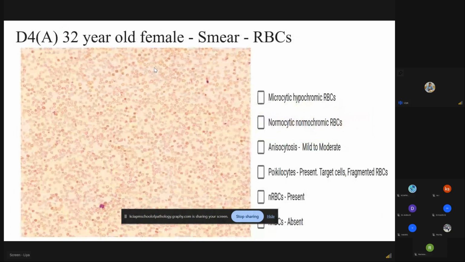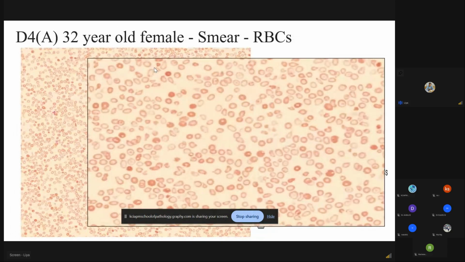Coming to the peripheral smear, RBCs show a mild to moderate degree of anisopoikilocytosis. Seen are microcytes admixed with normocytes. Also seen are many microspherocytes, elliptocytes, teardrop cells, few fragmented RBCs, and